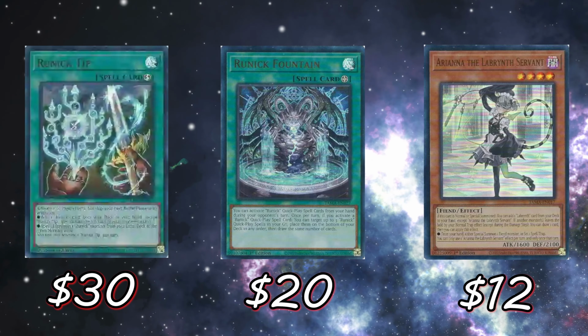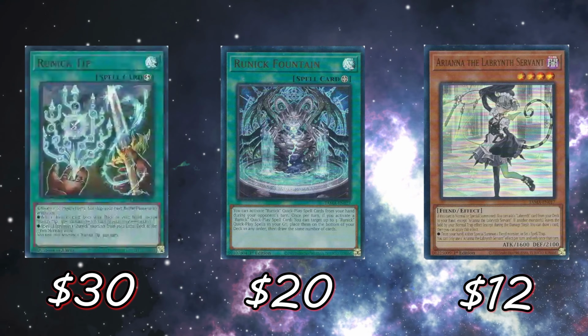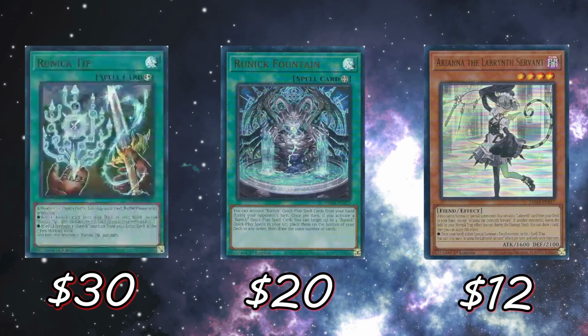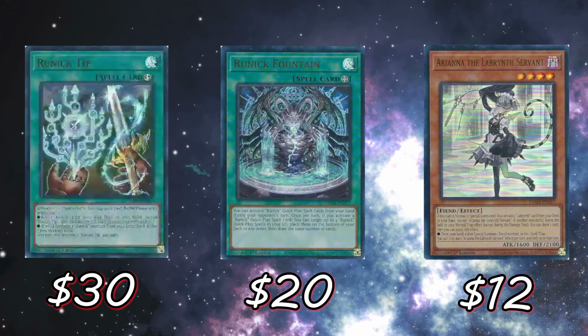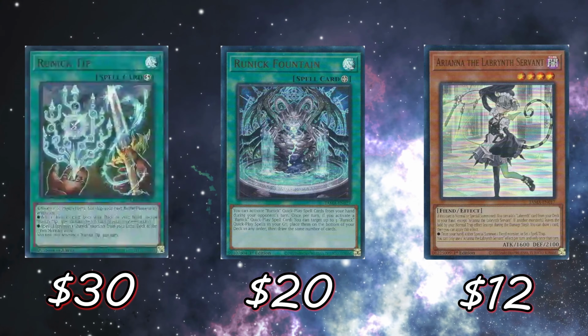Ariana's Ultra Rare version is around $12, sort of. I've seen a few listings a little bit lower, but we'll use 12 for the purpose of this video. So you can clearly see a disconnect in pricing right away. The highest Ultra in the set is $30, and then the third highest is now $12,